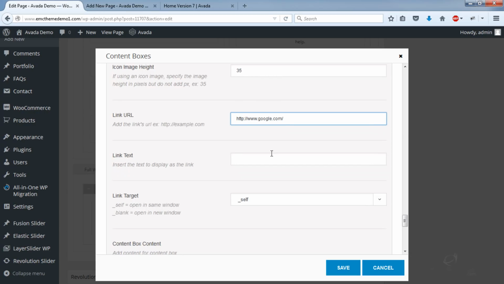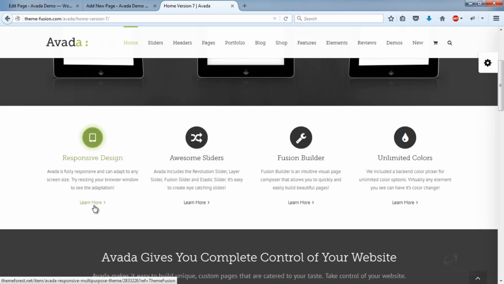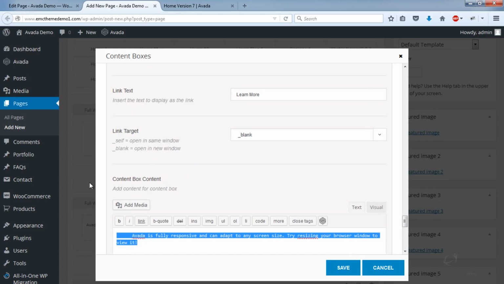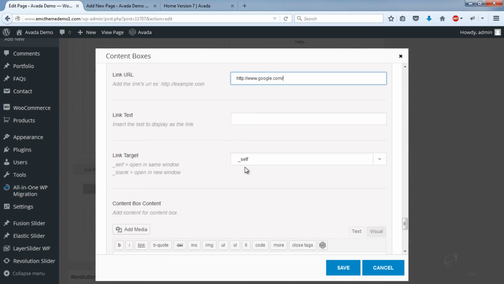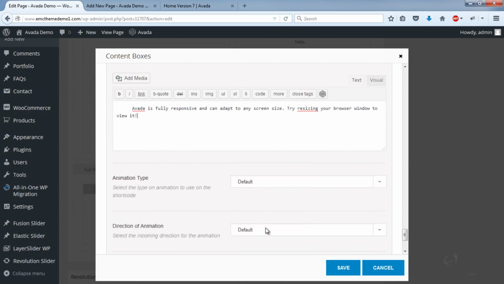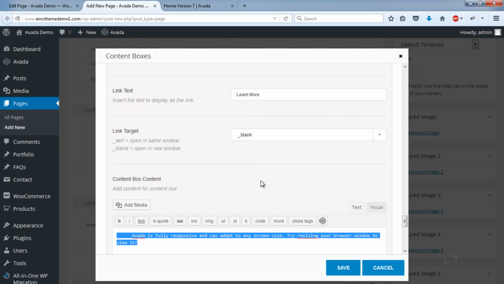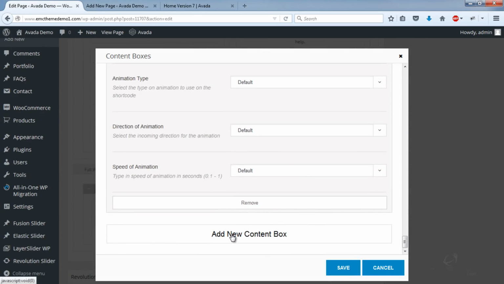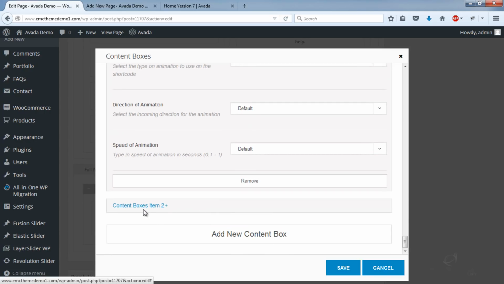Obviously, once all the pages on your website are set up, you would adjust these linked URLs so that each one of these goes to the relevant page on your website. And that's fine. So you need to do the same thing for each one of those items or each one of those content boxes.